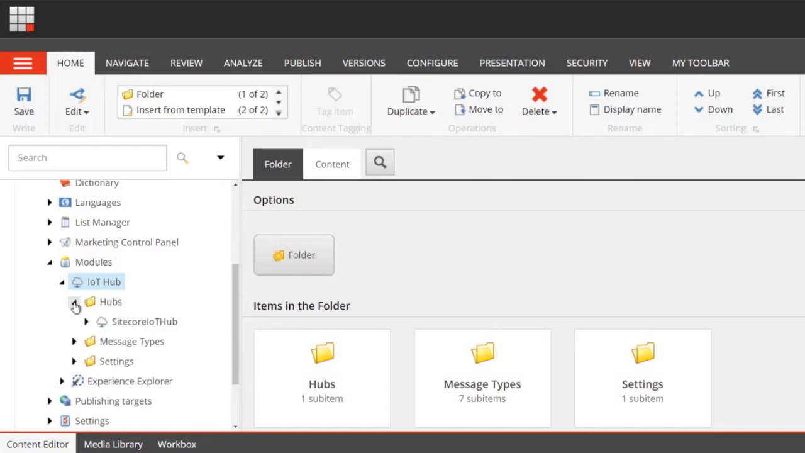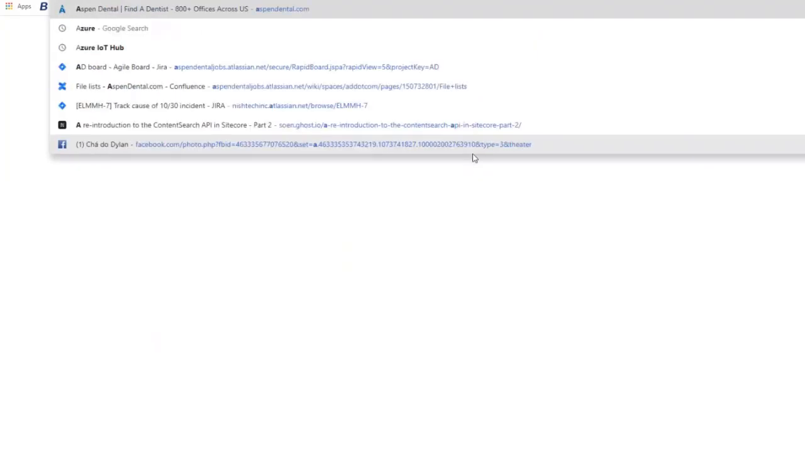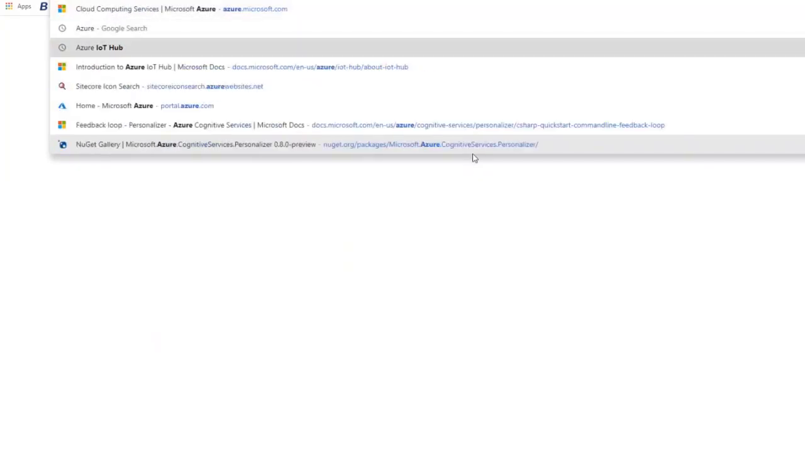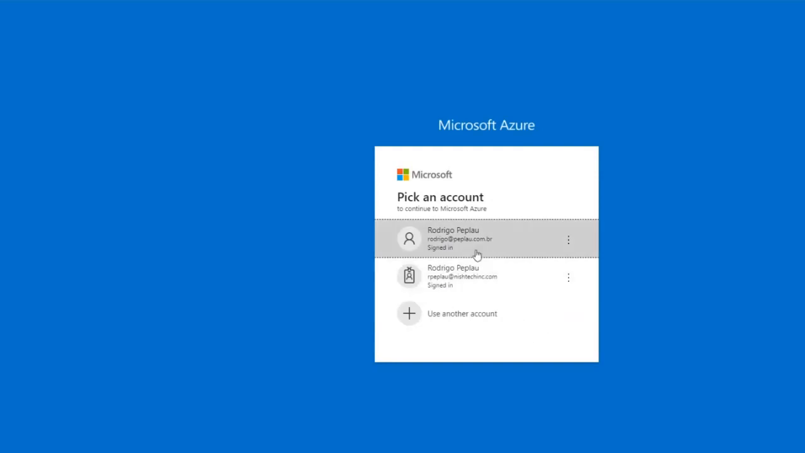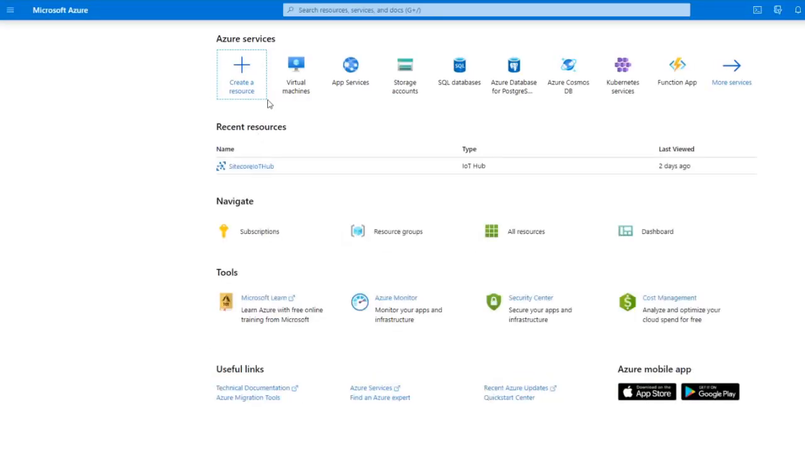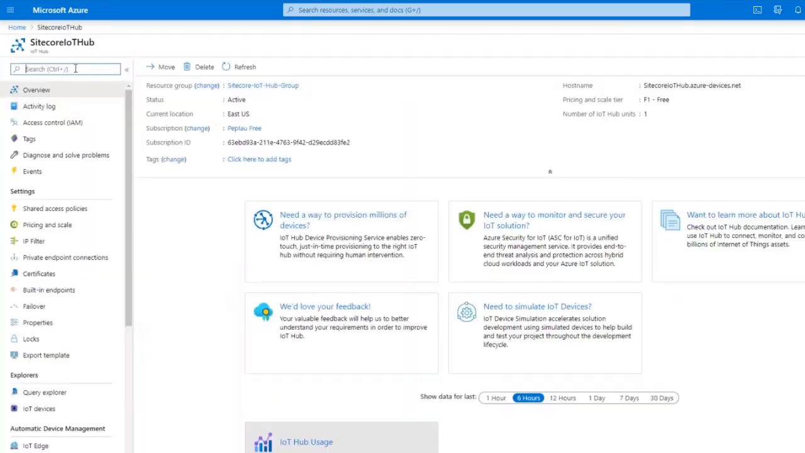root folder. I have here the folder for hubs. This is mapping with the Azure panel. So if I go here to my Azure portal, if you want to use only one hub, it is free. But if you want to have more hubs, you have to pay. But basically, I do have my hub here, and the devices